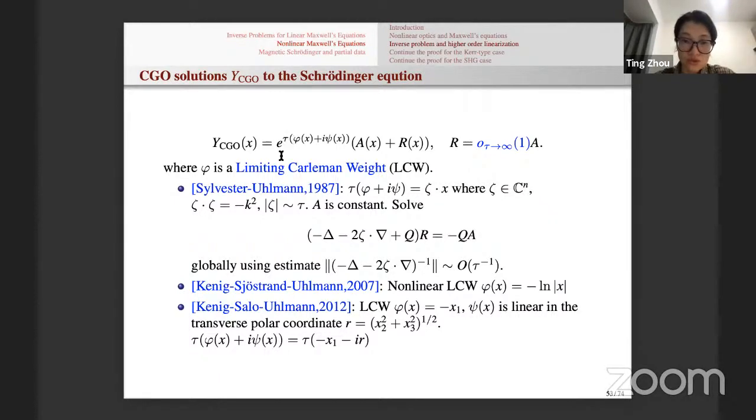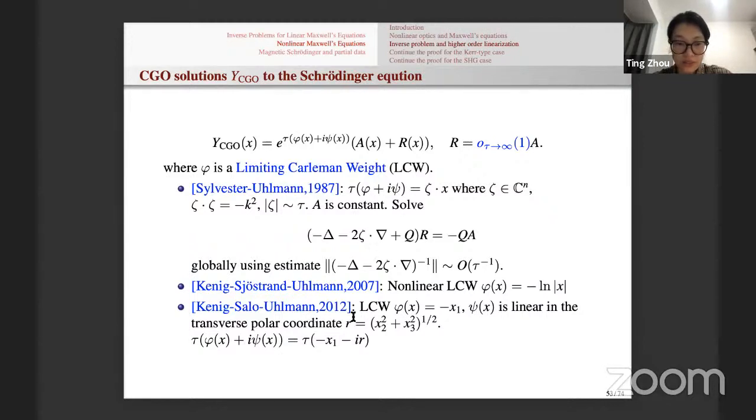using the CGO solution with different exponential phases. So before, we have x dot zeta here in the CGO solution for the Schrodinger equation. That's what we call the linear phase. Okay, you have the amplitude, you have the remainder. The remainder is supposed to be small with respect to a large parameter tau here. Okay. So for the Schrodinger equation, yeah, this is what I answered Venki's question about earlier in the first hour,